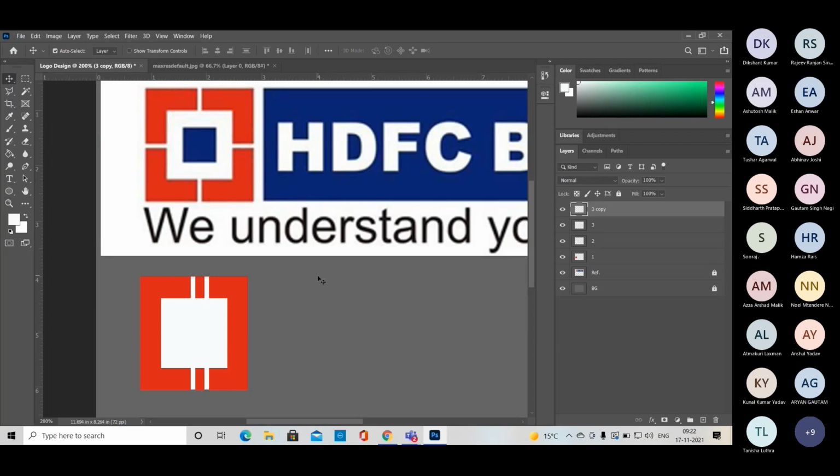So we can do it in three ways. We can make a duplicate layer. We can do the same thing with Control J. We can do it with the Alt, right? So you have to understand in which way you can start working. Alt is a very easy working tool. Just press Alt and just change it, copy it, right?